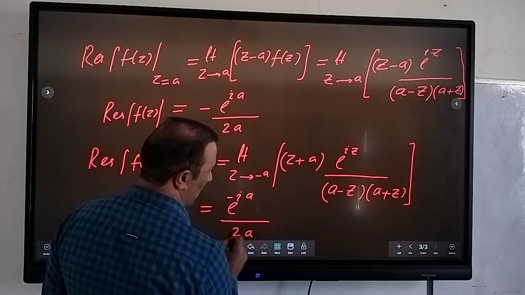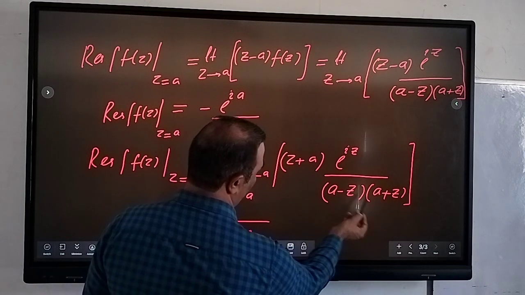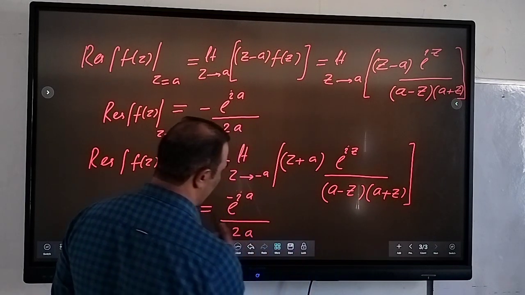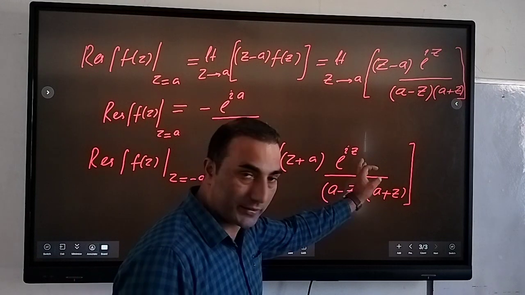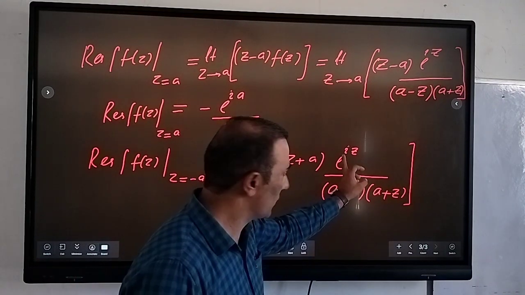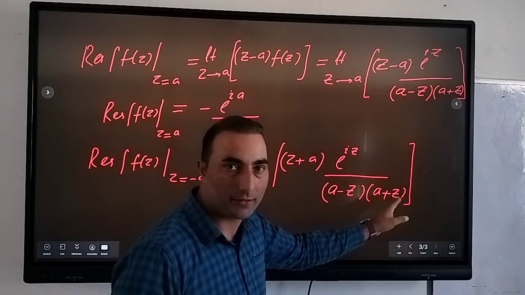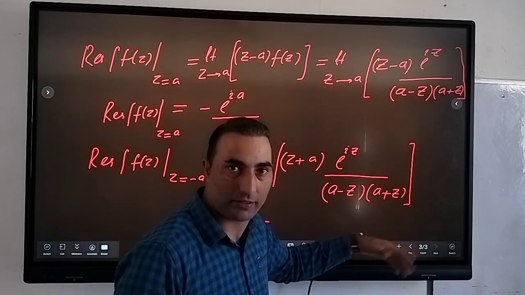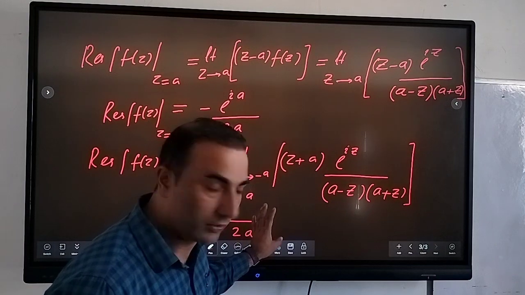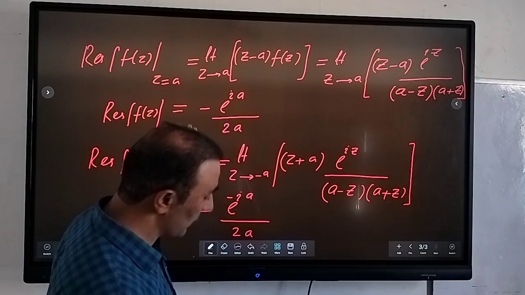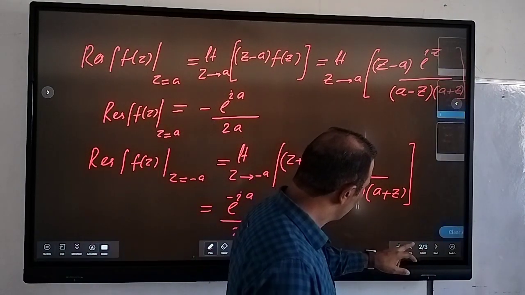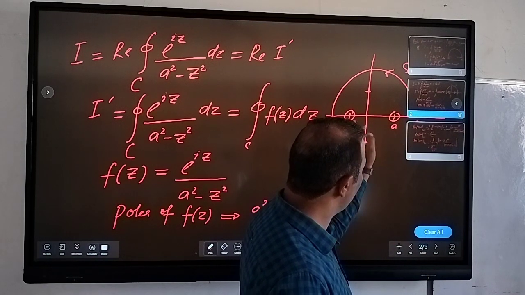Sorry, and this a plus z will cancel, so that is minus a, it will be 2a. Right? So this is clear because your z is tending to minus a, so it will be e raised to the power minus iota a, and this a plus z and z plus a will cancel, and this will be a plus a, so that's twice a. So this is what I get from here. Okay, so that means we have two poles, z equal to plus a and z equal to minus a,